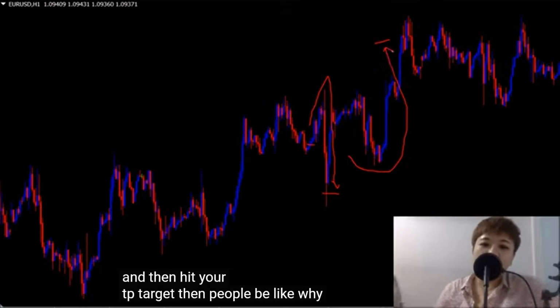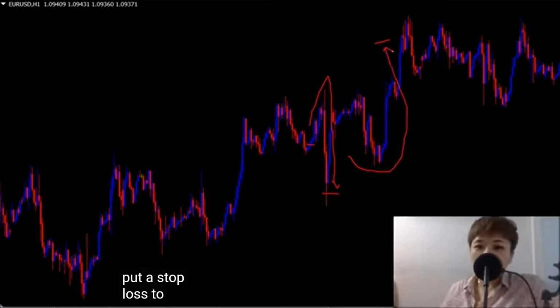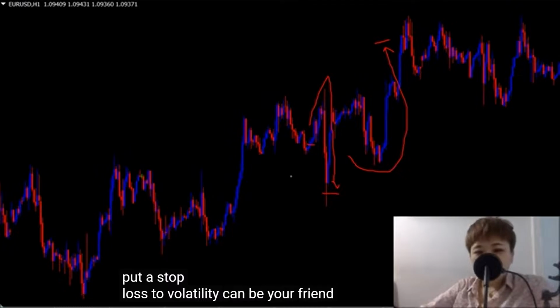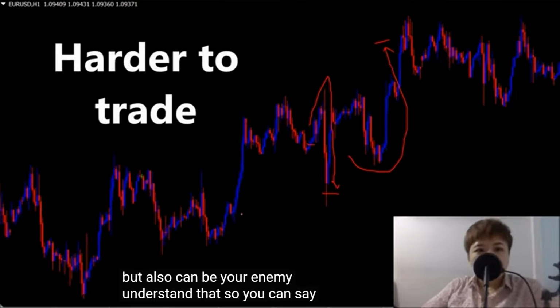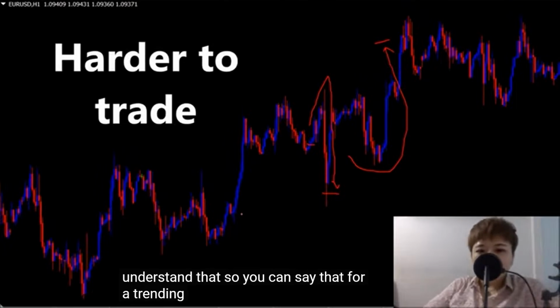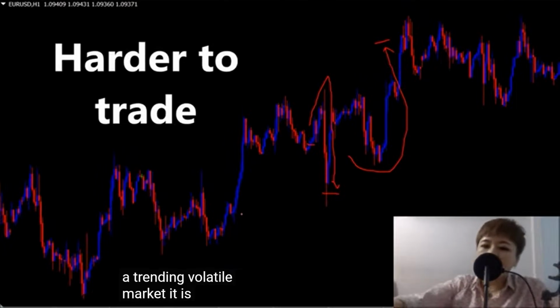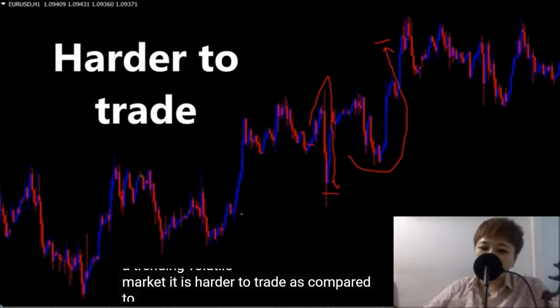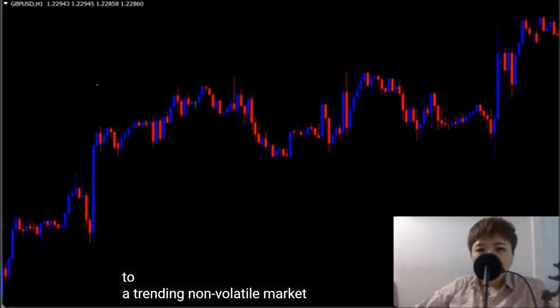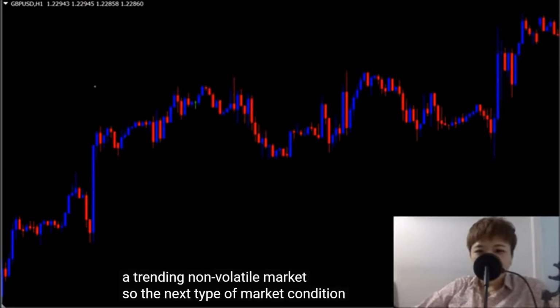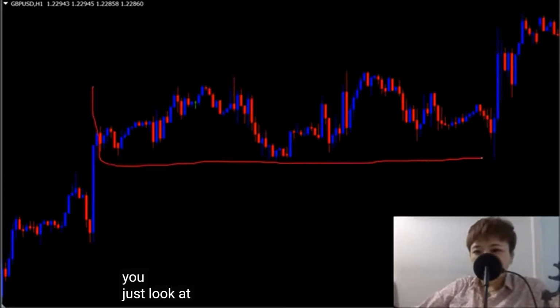Then people will be like, why did I put a stop loss? So volatility can be your friend but also can be your enemy. Understand that? So you can say that for a trending volatile market, it is harder to trade as compared to a trending non-volatile market. So the next type of market condition, if you are to just look at this area